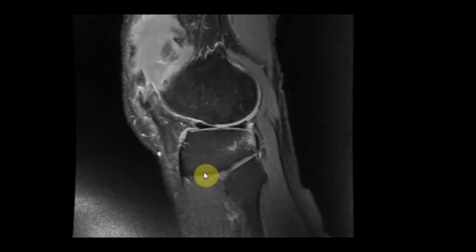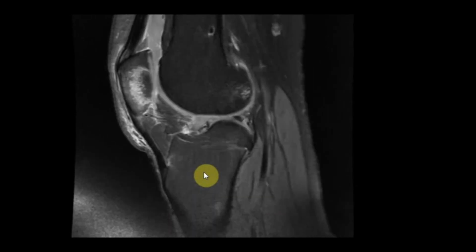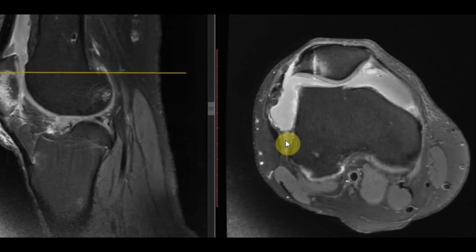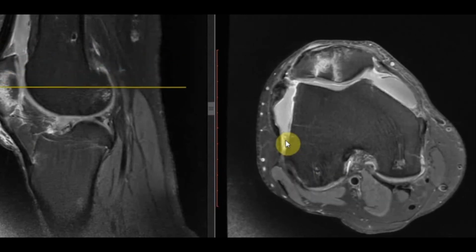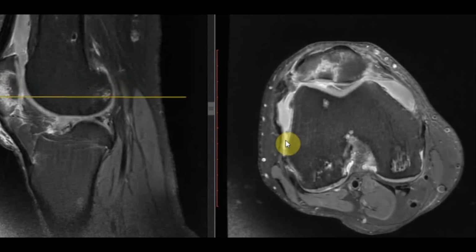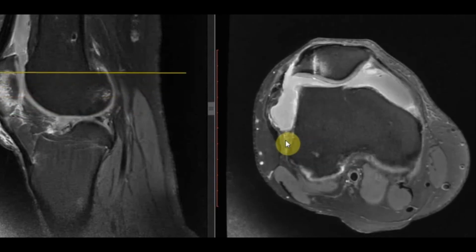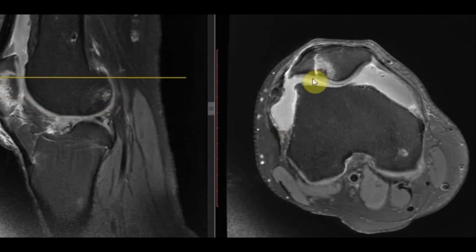But the patient is having moderate joint effusion. It is extending into the suprapatellar recess. And as we can see, the patella is showing inhomogeneous hyperintensity. So let's see that in other planes. This is the axial PD fat sat, and we can see that there is presence of a comminuted patellar fracture. It is minimally displaced. There is cortical offset here, and the fracture margin line is quite sharp.